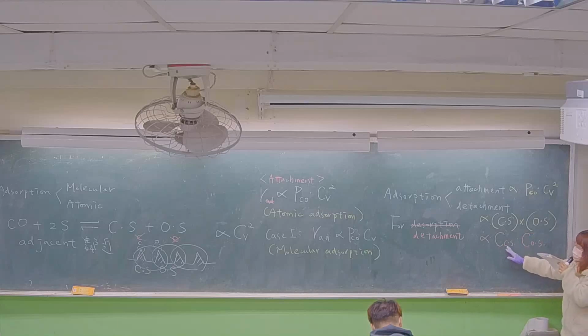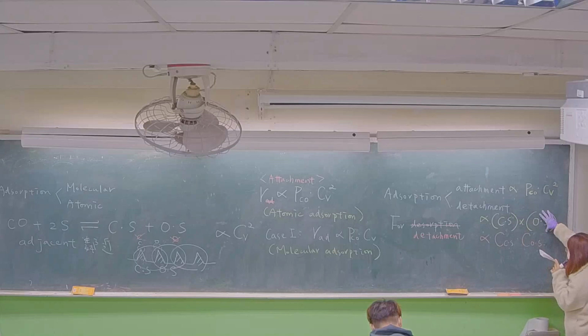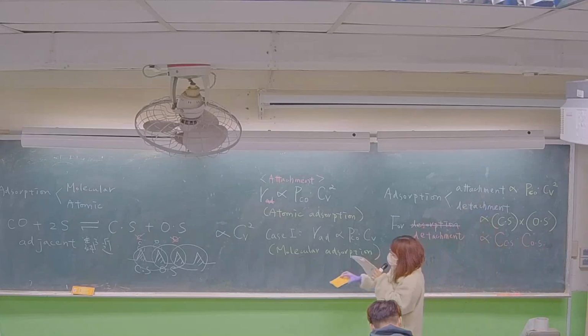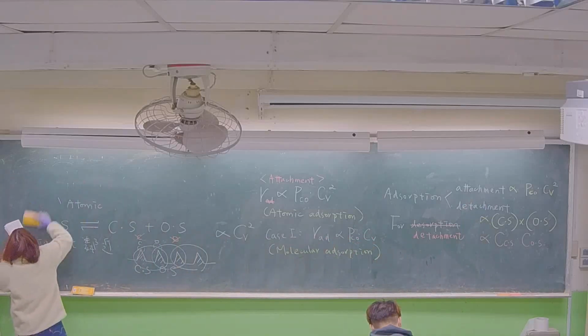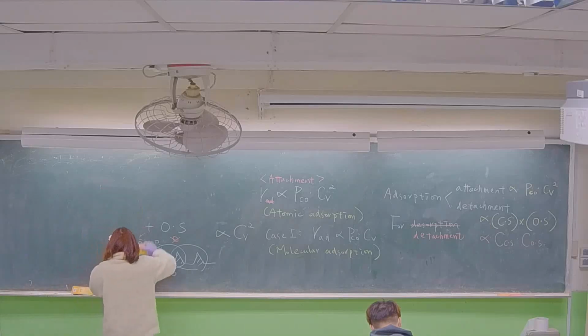These mean the occupied sites of CS and of OS. This one may be more clear for you, the concentrations of these two. So by summing up these two, attachment and detachment,